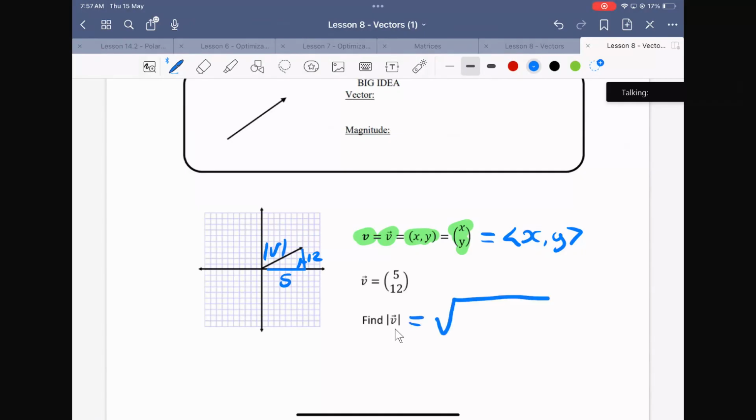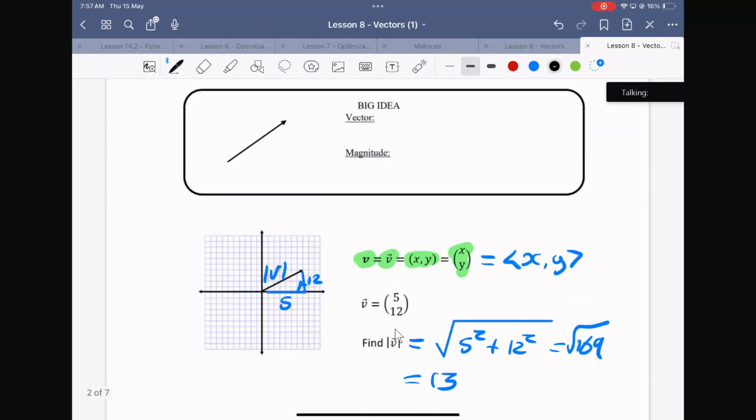So what Zinedine is saying is we can use the Pythagorean theorem. We can have that length squared plus this length squared is going to give us root 169, which is going to give us 13. Excellent. You can use the distance formula for this one, but the basic formula,